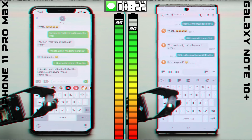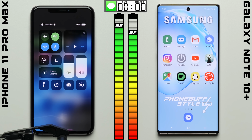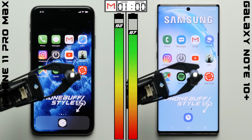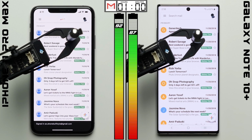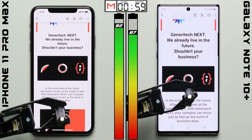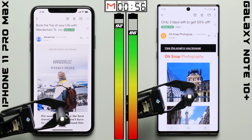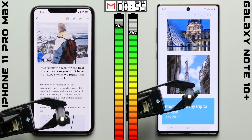And after 1 hour, not only is the iPhone able to hold on to its lead, proving that the first test wasn't just a fluke, but it actually increases it by another 1%, putting it 5 percentage points ahead. So an impressive start for the iPhone, as each phone works on opening and scrolling through the same set of emails here in the email test, where since we're looking at these bright white displays, it is worth noting that